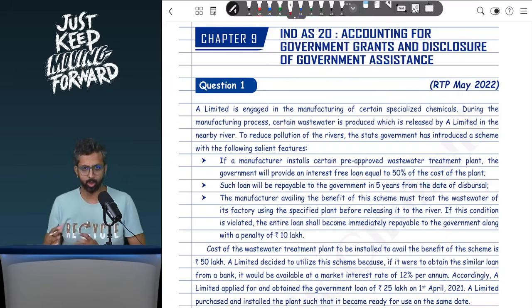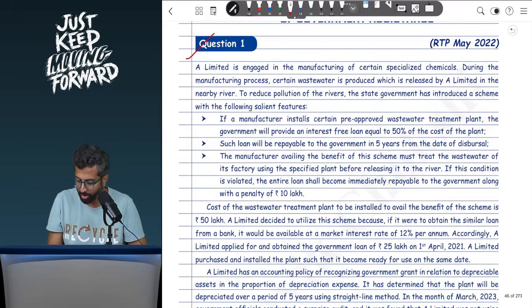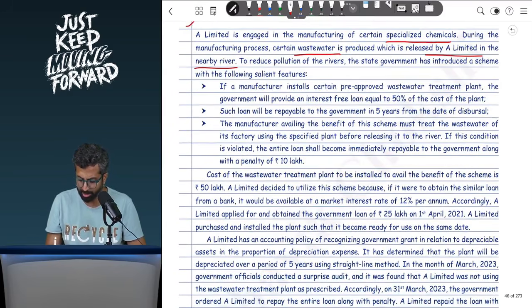So let us go to this question. Question number 1. Now A is engaged in the manufacturing of certain specialized chemicals, and during the process certain wastewater is produced and is released by A in the nearby river. To reduce the pollution, the state government has introduced a scheme with the following features. If the manufacturer installs a certain pre-approved wastewater treatment plant, so this is for installation of a specific plant, the